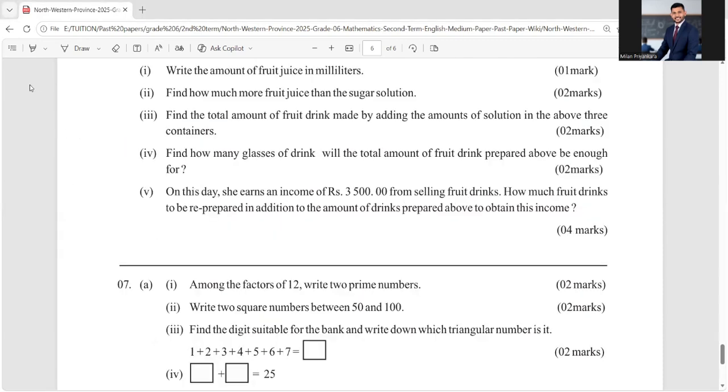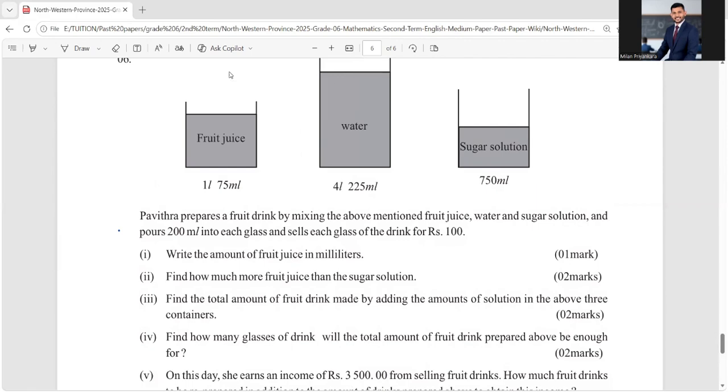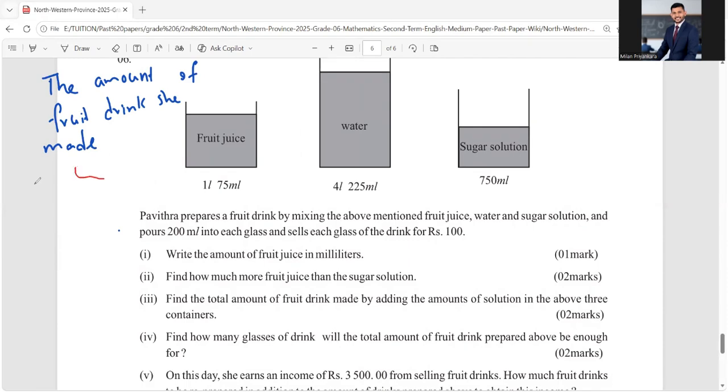Okay, what is that amount? I will write it here. Let's go step by step, okay? The amount of fruit drink she made during this particular day is